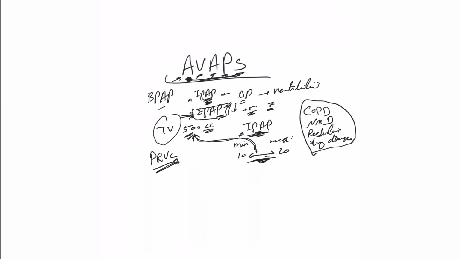Why am I talking about AVAPS? Because if you heard about a machine called the Trilogy machine, which is the commercial name of this machine made by Philips, I think. The Trilogy machine can do everything on BiPAP, can do the CPAP job. On top of that, it can do this job that traditional BiPAPs don't do. So when you hear about Trilogy, it does everything plus it does this one. It works smart, and